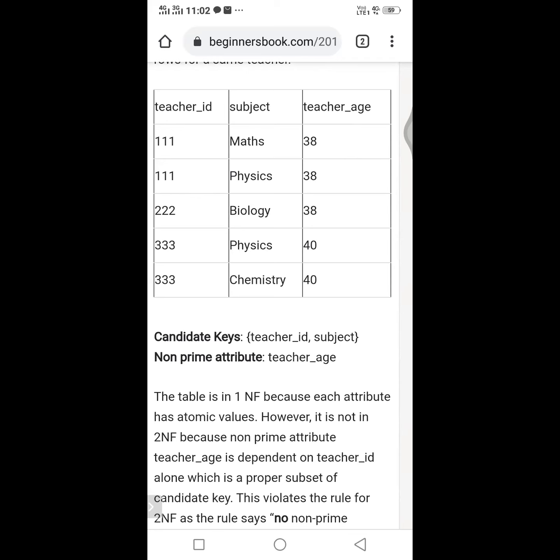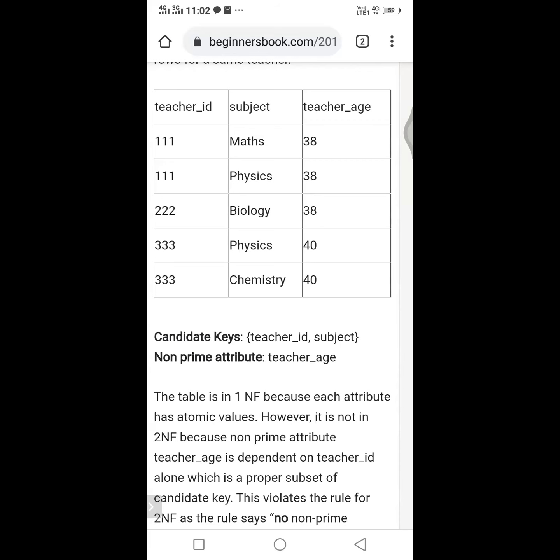So whether we are able to consider the subject as the primary key. For example, if it is a primary key, then it uniquely identifies the data. So it may not be the chance, am I right or not? In the same way, teacher age is also not considered. So that's why here we try to consider both of the attributes, teacher ID and subject, identifying the remaining attributes.